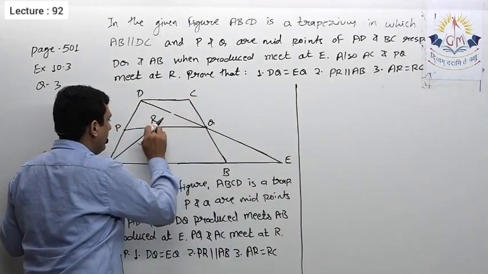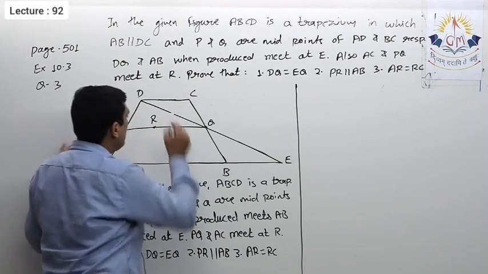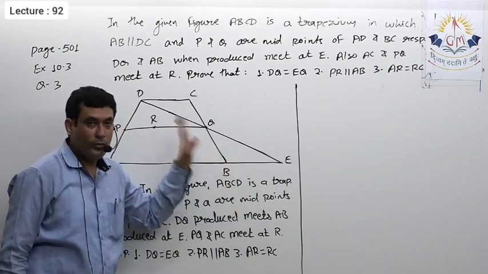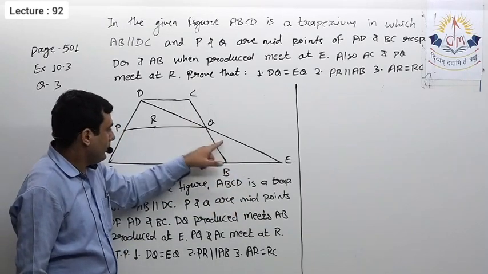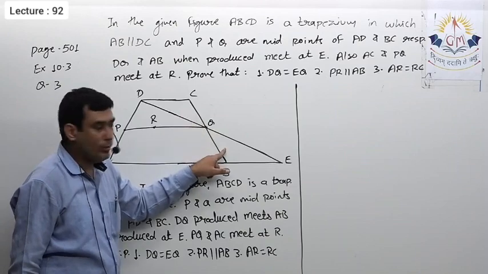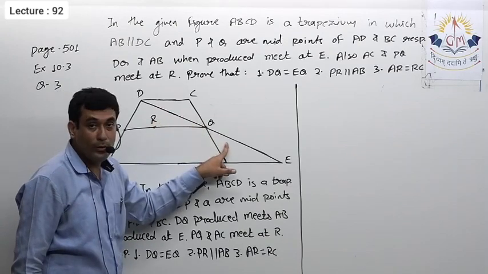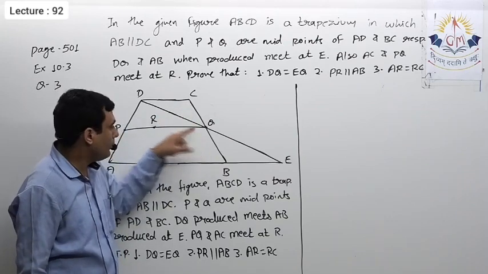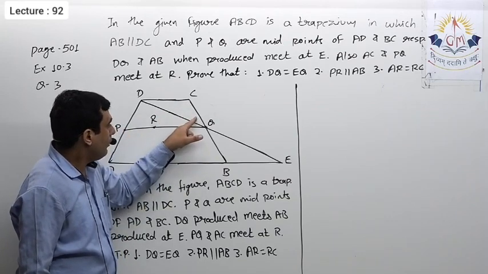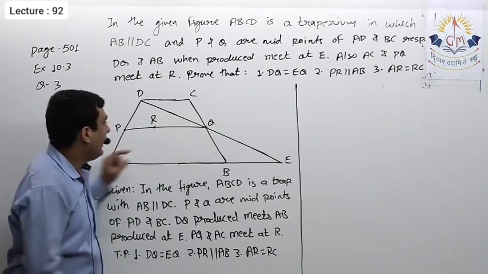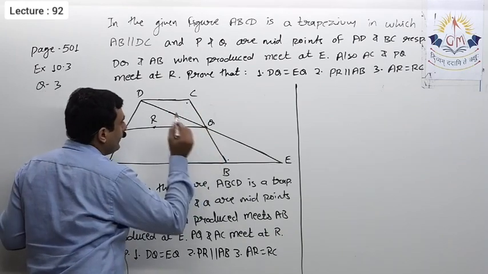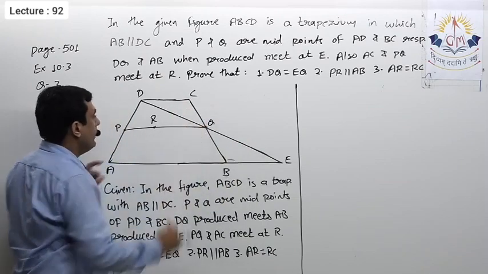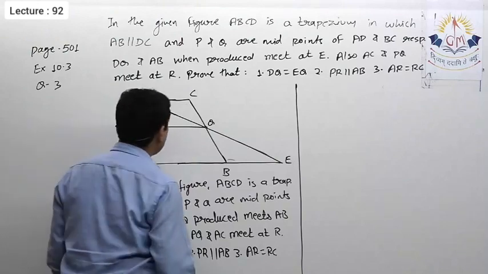Just for a moment I am taking out this so that you can see these two triangles clearly. Now here you have to prove DQ equal to EQ. So first thing that should come in your mind, that if it is possible to prove these two triangles congruent, it is easy to say DQ equal to EQ. So we'll try to prove the triangles congruent. CQ equal to QB, it is given because Q is midpoint of BC. Also this is vertically opposite, as well as these two angles are alternate interior angles. So by angle side angle, triangles are congruent. So we will say DQ equal to EQ.